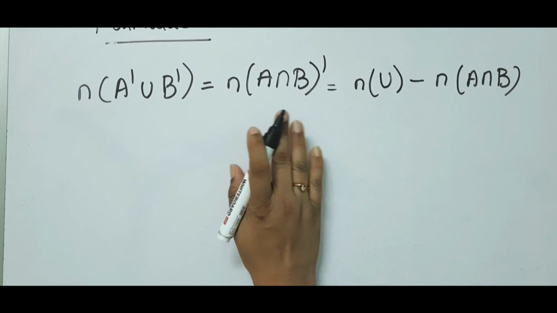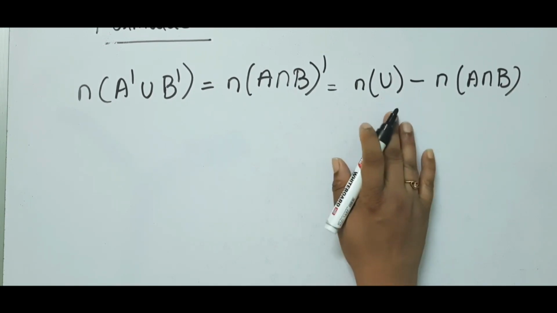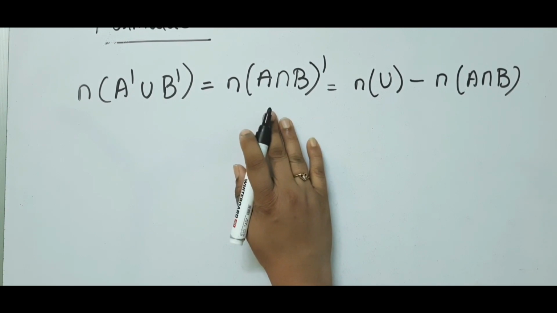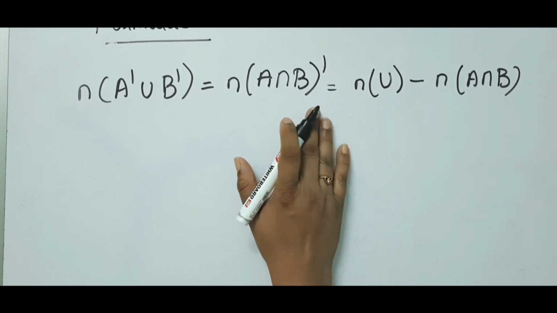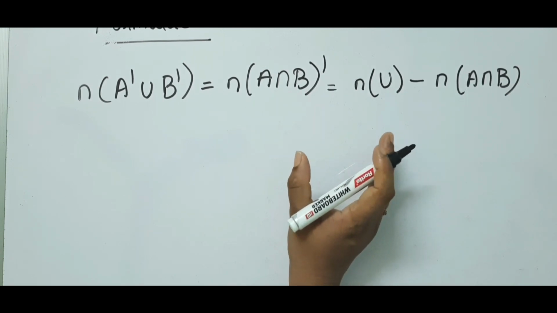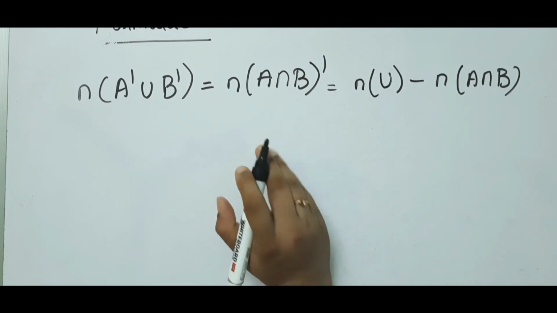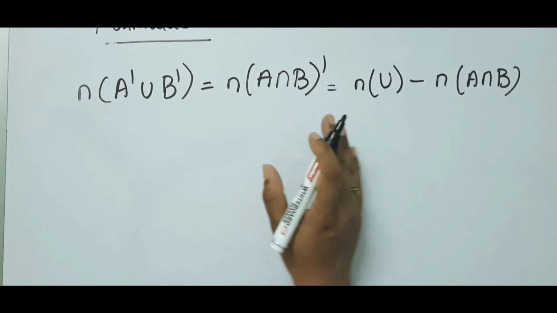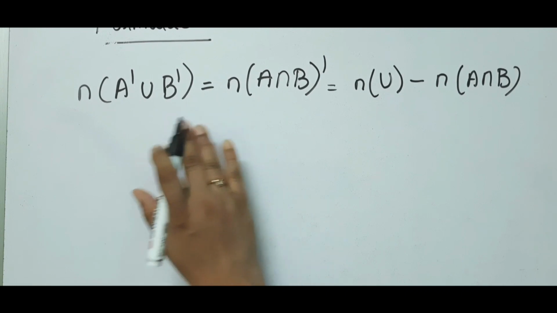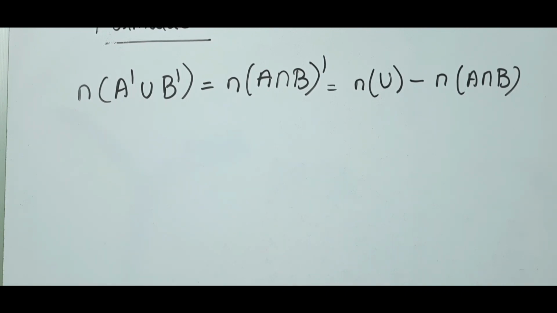We are dealing with intersection, is it not? So the universal set contains the elements which are in A intersection B. So we need A intersection B whole complement. Just concentrate on the universal set and check which elements do not belong to A intersection B. Then we will get A intersection B whole complement, is it not? So simply count the number of elements in the universal set and subtract the number of elements which are common elements of sets A and B. Okay, then you will get the answer.